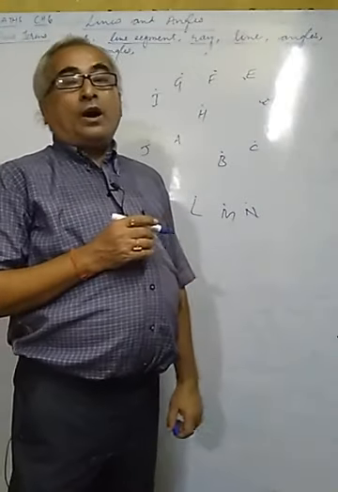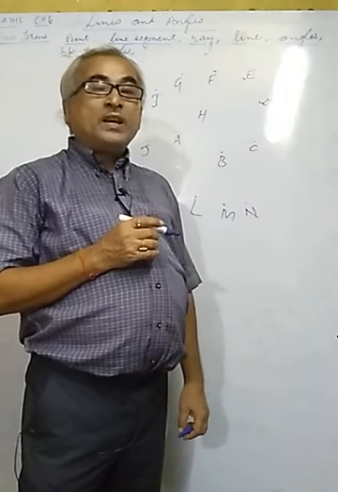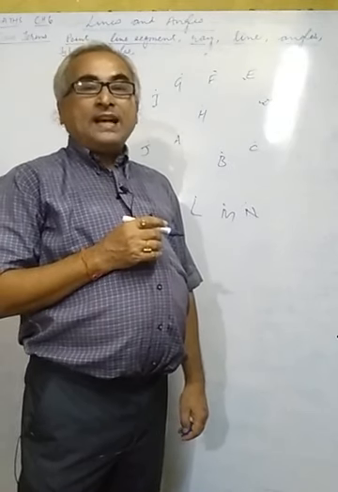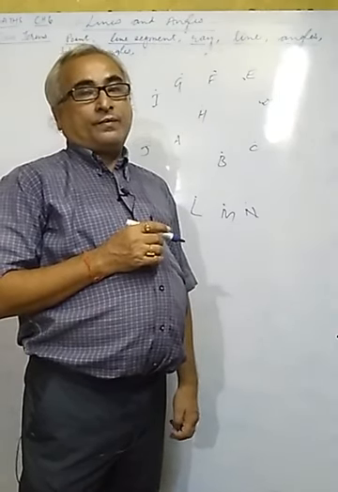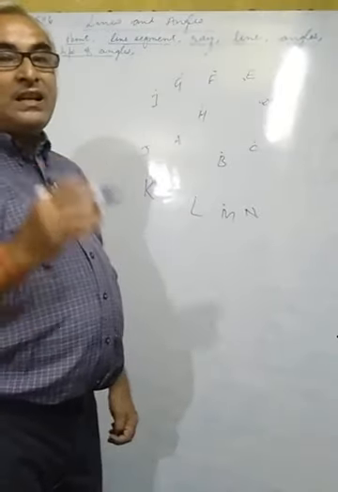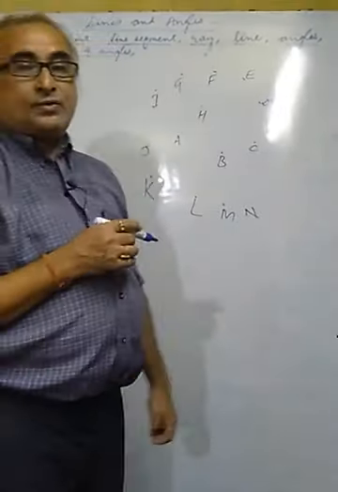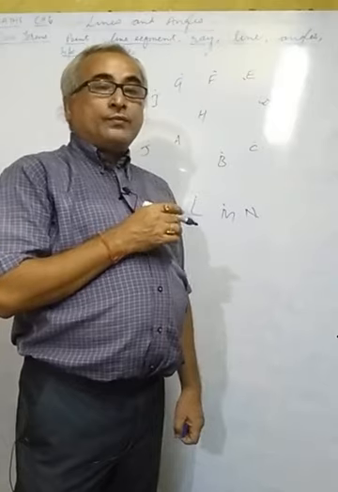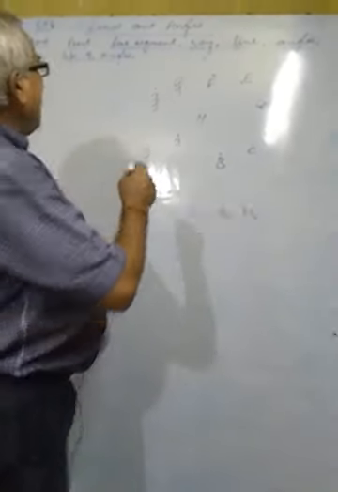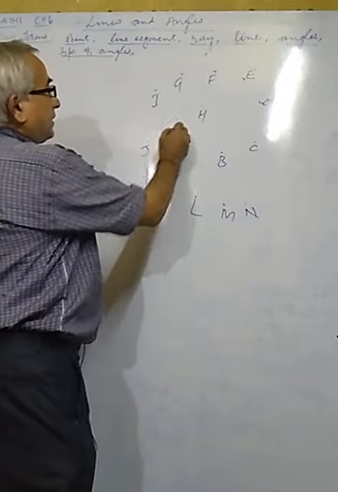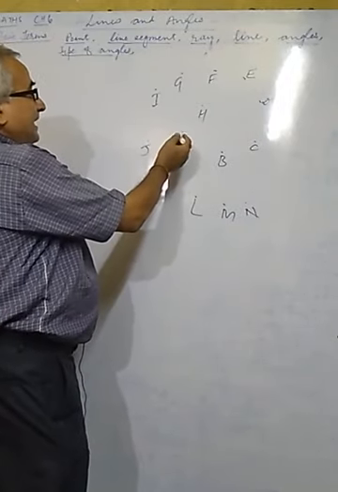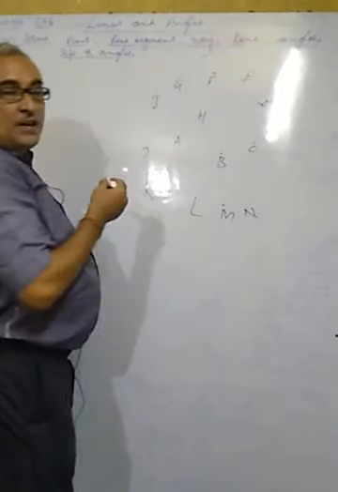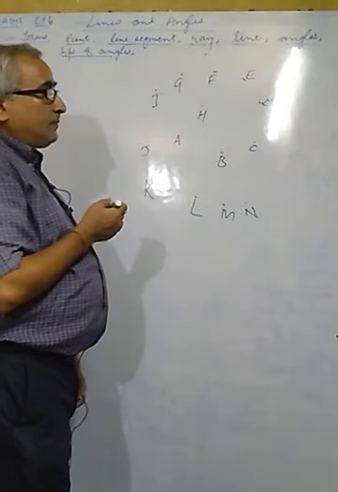In a surface, how many such points are there? You may imagine. In a surface, there may be an infinite number of points. Infinitely many points are there in a surface. So, with the help of English alphabets, we try to name them. Suppose a point is here and a dot is there, so this will be read as point A, point B, point C, point D.